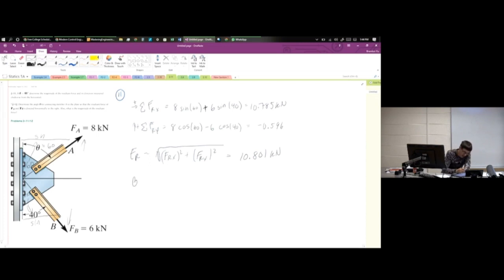If I do theta equals tangent inverse of y over x, I'm going to have tangent inverse of negative 0.596 over 10.785, right? We can give you negative 3.163 degrees. So then it would be theta is, so if I were to have a negative here, if I draw it out,